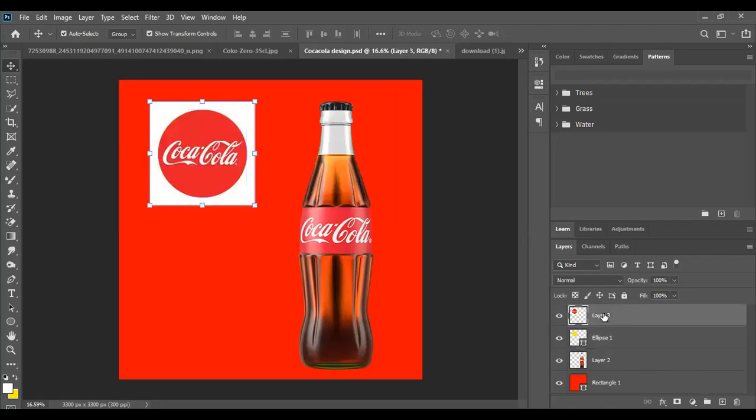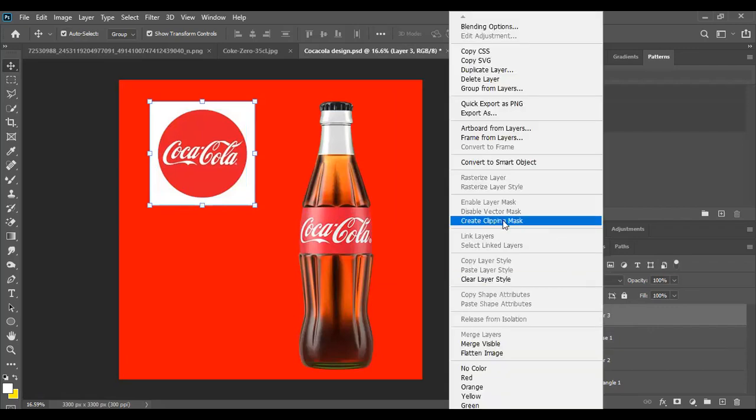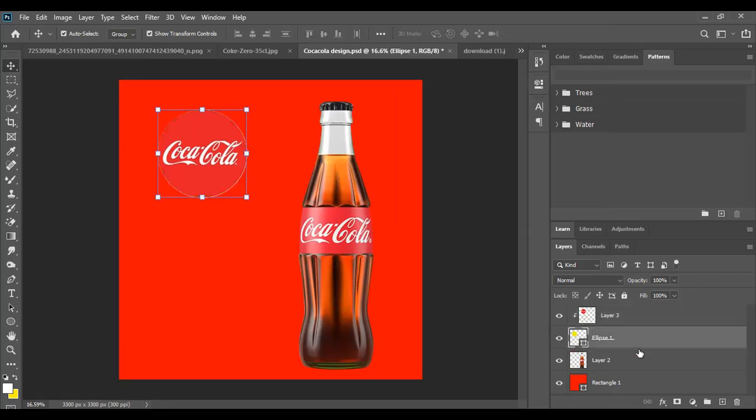So with the logo now above the circle, we right click and select create clipping mask. This is what you are going to select. Okay, what happened? You see what happened? What happened is that